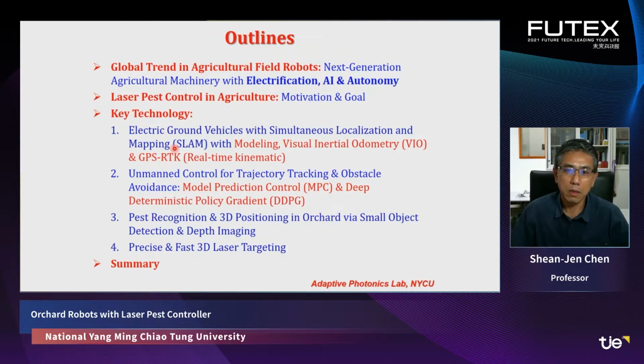Then the robot will face obstacles, so we try to do obstacle avoidance. We will use the DDPG to do that. Then the robot will have an eye to recognize the insect pest, place the pest, and do the 3D positioning. Then we will use the laser to target it. And finally, I will get some